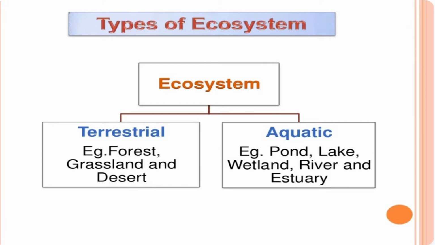The term ecosystem applies to any system composed of physical, chemical, biological processes within a space-time unit of any magnitude. Living organisms and their non-living, that is abiotic, environment are inseparably interrelated and interact upon each other. Any unit that includes all of the organisms in a given area interacting with the physical environment so that a flow of energy leads to a clearly defined trophic structure,